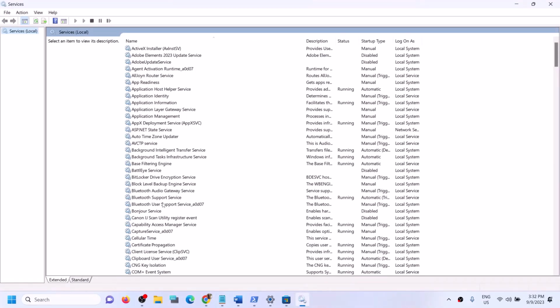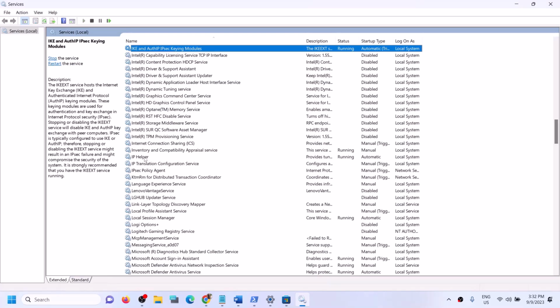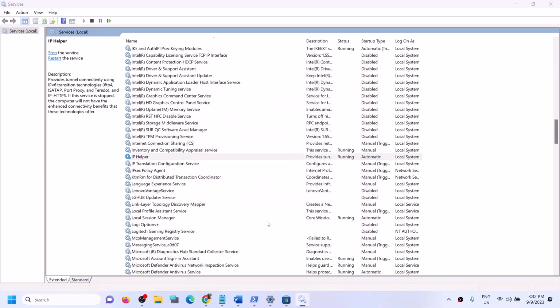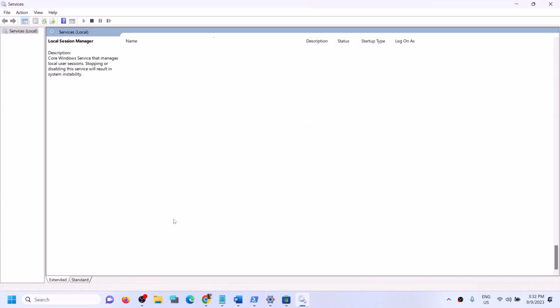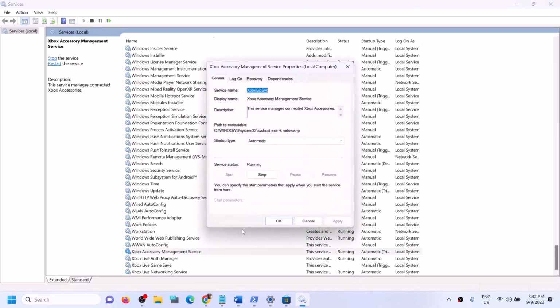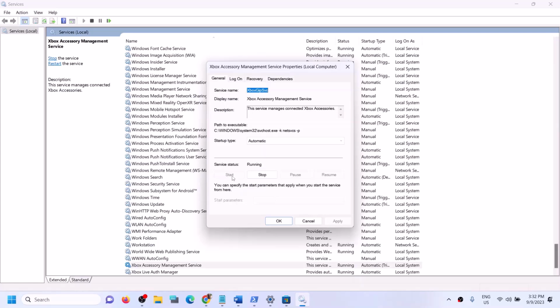Now find IP helper in the list. Make a double click on IP helper, set it to automatic, click on apply, click on start if highlighted and then click on OK. Now find Xbox services. At the end, you will find all the Xbox services over here. Make a double click on each Xbox service, set it to automatic, click on apply, click on start if highlighted,